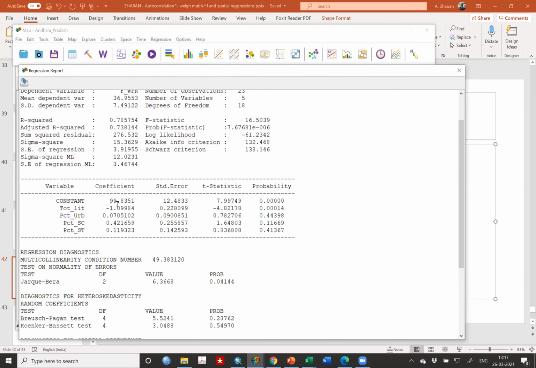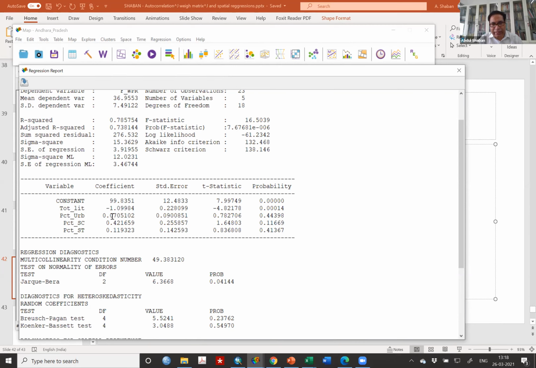It is simple because both are in percentage terms. It's a simple elasticity. So you do not need to multiply it by 100. This is the interpretation of the slope. Can anyone else interpret?